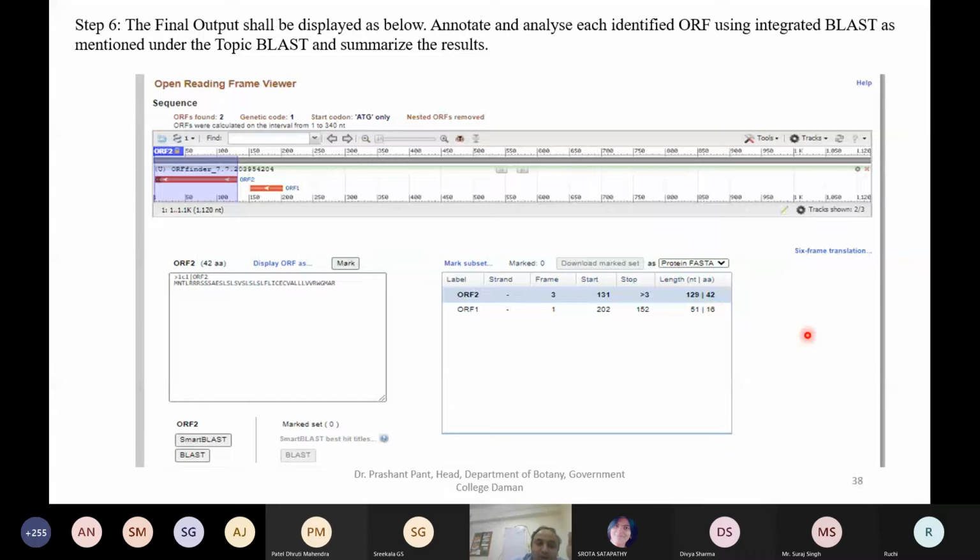And if this ORF is actually doing something or has been reported, or a similar one has been reported in the database, you will get to know what are the possible reference sequences in the database which are highly similar to your ORF, and from where they have been reported, what they are doing, you will get to know. So once you are done with this particular page and you hit the blast, you actually go into BLAST. Okay, you know the BLAST.